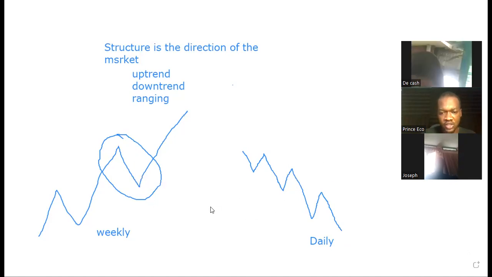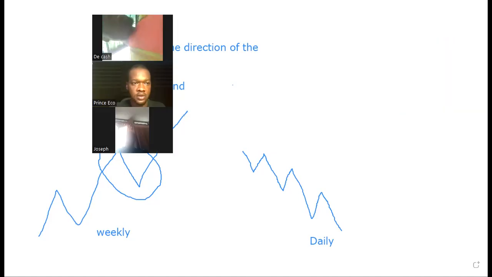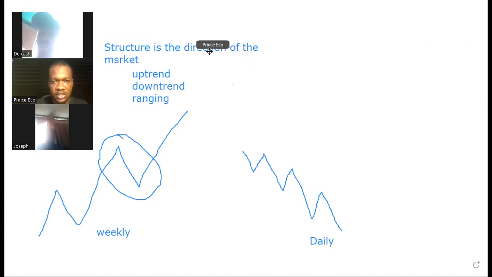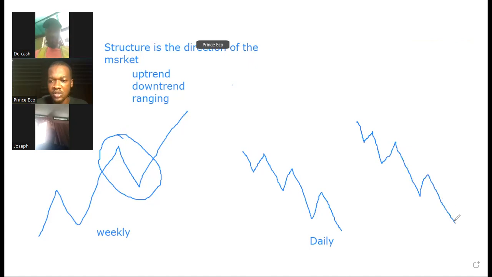Now it gets even more interesting when you go to, let's say, the 4 hours, and you see the 4 hours is doing something like this. On the 4 hours, it's giving us something like this. Let's say the daily is bearish, bearish, bearish. Then you see on the 4 hours, it starts creating another